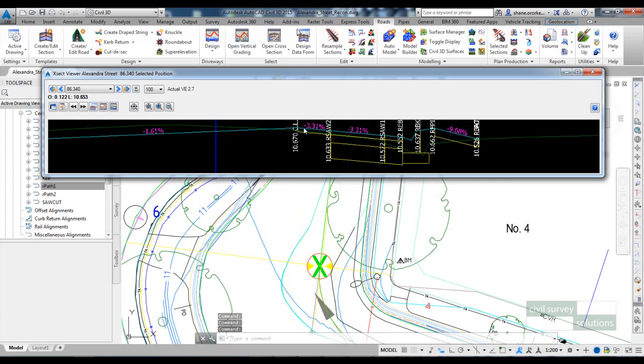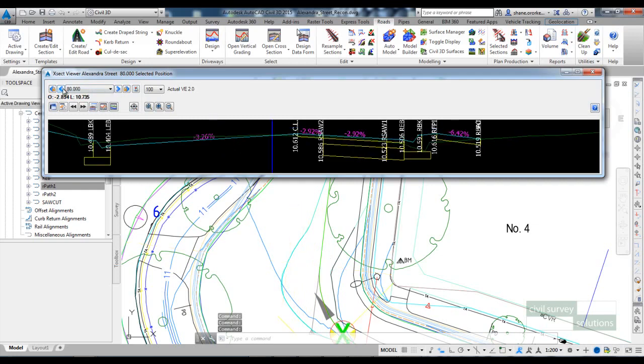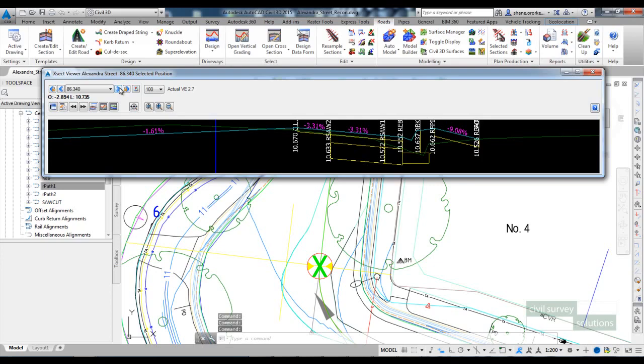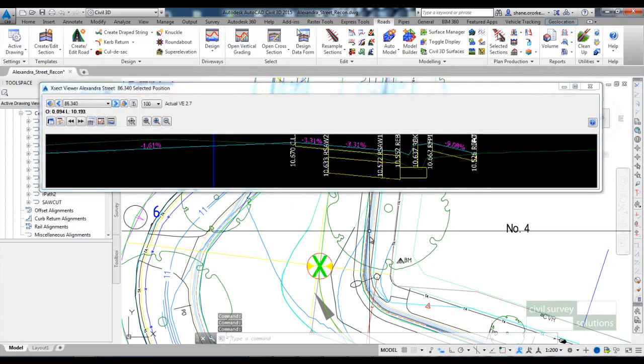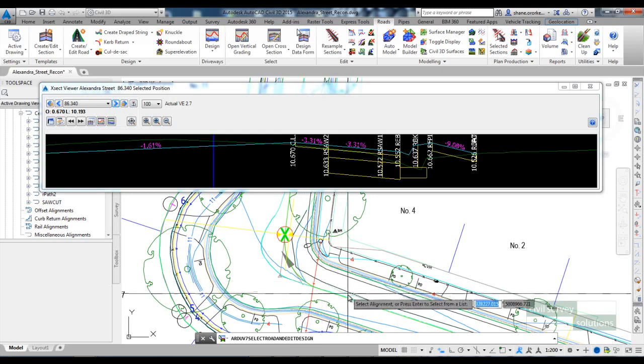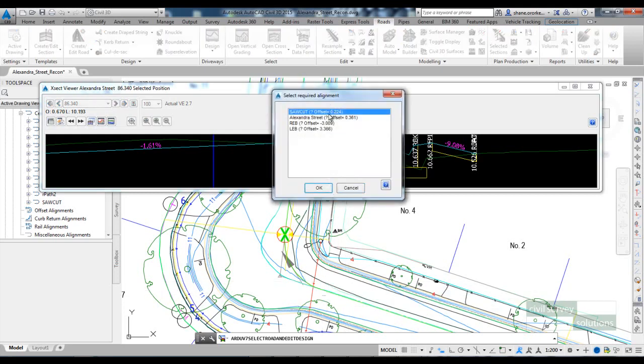So as I said, we're going to take this crossfall on this particular section, it's 3.31%, and then project it up until it meets this blue alignment here, which is our new offset crown, and it'll do that where that offset alignment exists. So in order to do this, we're going to open up the design data form for Alexandra Street,